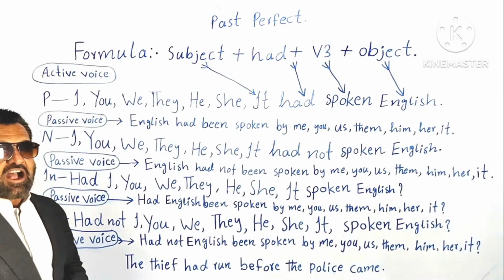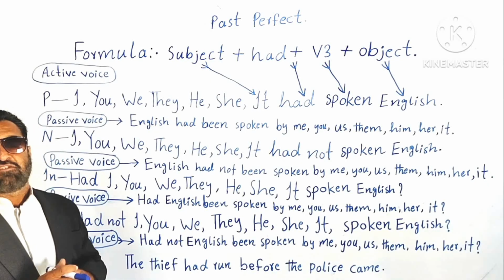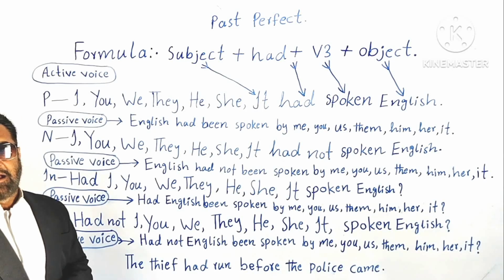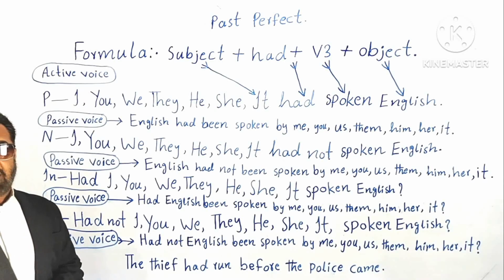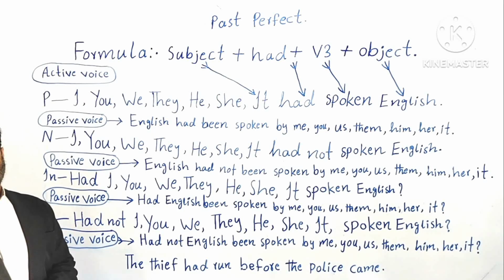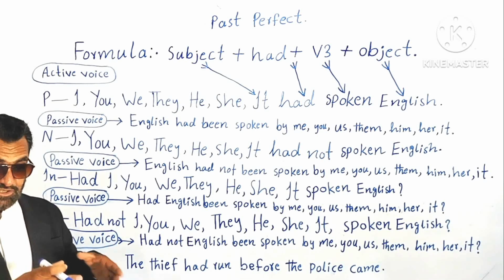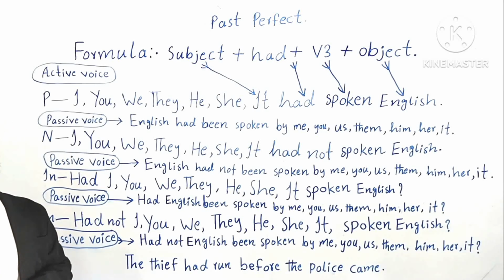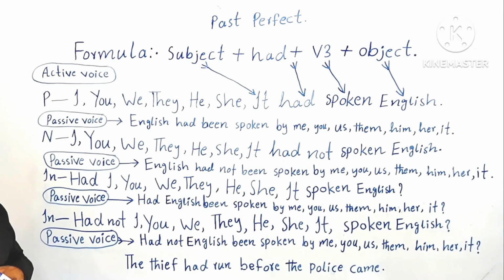Now this seems a little bit awkward to me. Why? Because we've always used the short form of this pair of words, we haven't said had not a lot, but rather we have said hadn't. So that's why our mouth is used to speaking this word hadn't, not had not. So if you allow me, please, I should use the one that I have always used. Okay, so let's read it.